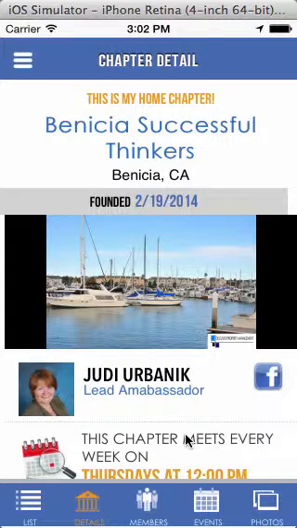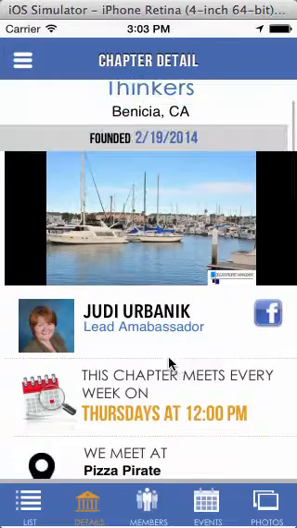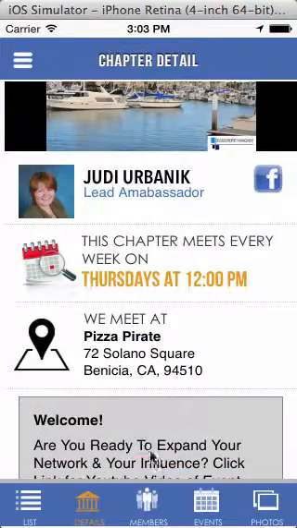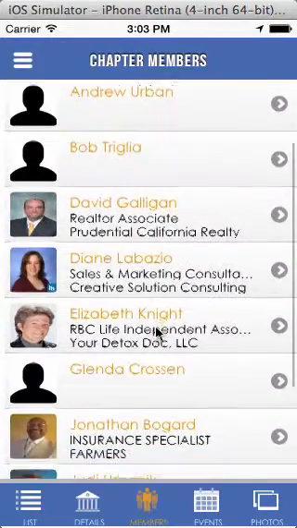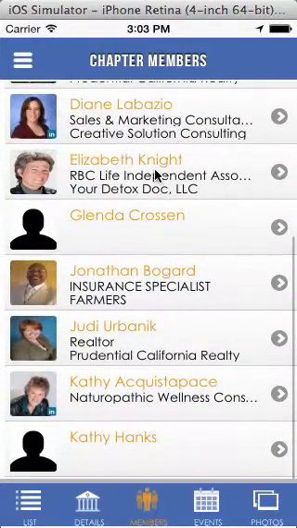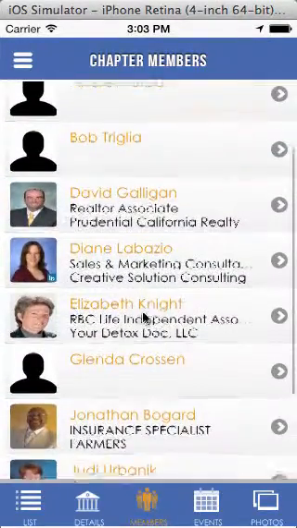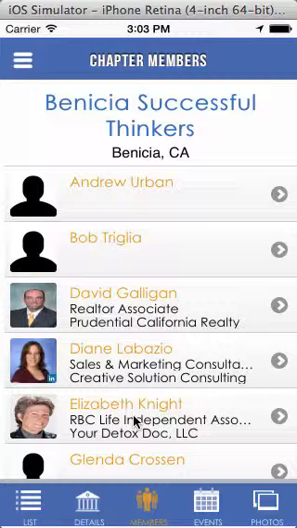And so now let's talk about the details. This is the details of the chapter, so you can see where it is, what time it is, who the lead ambassador is of that particular chapter, what day of the week, and so forth. When I click on the members, I can see who all the members are in that particular chapter. Obviously, those who have yet to put in their avatar and fill out their information, it's going to be harder for them to get referrals because nobody can see who they are, nobody knows what they do for a living, and fewer people will target them in a positive way to know, like, and trust and exchange referrals and hopefully do business, because they can't see who they are or what they do for a living.